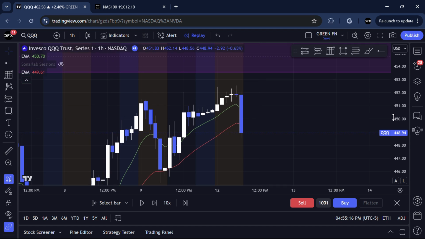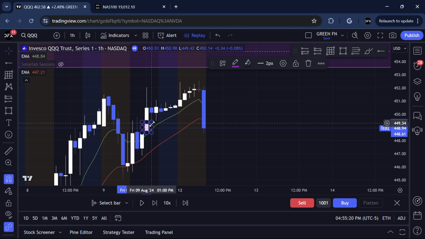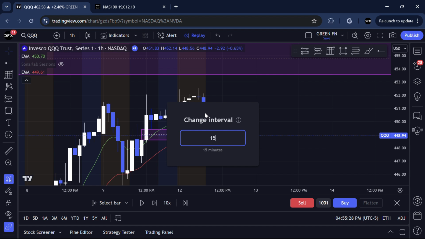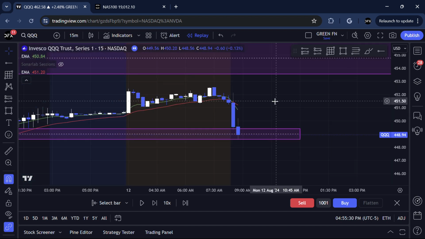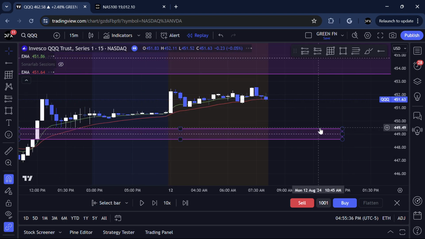okay, what do we have here? So we have a fair value gap right here, which price came into during pre-market, so that's already a good sign. So we're gonna go down to the lower time frame. Let's just go to the 15-minute time frame. Let's see what happens. Oh, this is already actually before right at market open. So let's just go back right pre-market.